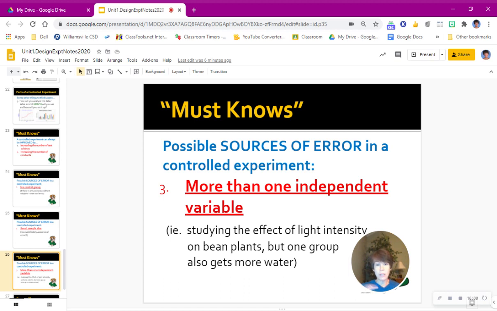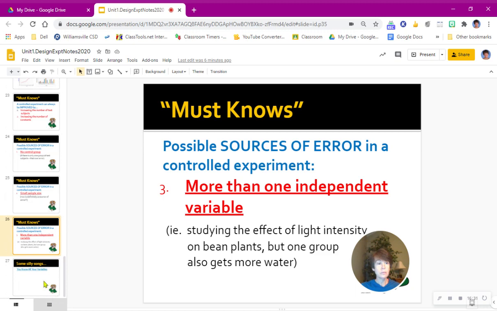And lastly, more than one independent variable. This is sort of the opposite of having more constants. If you just want to have one independent variable, you have to up the number of constants that you have. So that's a possible source of error if you have more than one independent variable. Say, for example, you're studying the effect of light intensity on bean plants. You want to change how bright the light is and see how it affects their growth. But one of the groups is also getting more water. Now you've got a problem because the bean plants in that group could be growing taller